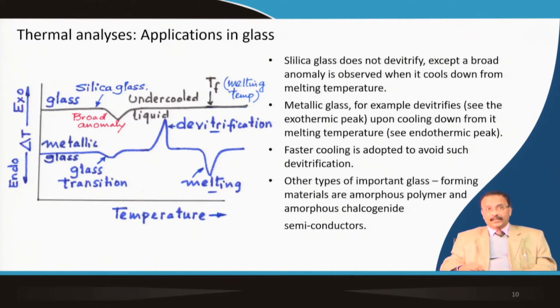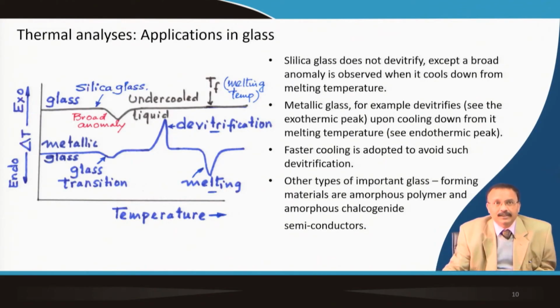So silica glass does not devitrify. Once you melt it and then cool it down, it will not crystallize back. A broad anomaly only you will see, which corresponds to the glass transition temperature when you are cooling from the melt. But if you talk about the metallic glass, it devitrifies. In the case of metallic glass, again you have the signature of glass transition, and then there is an exothermic peak. That corresponds to the crystallization,